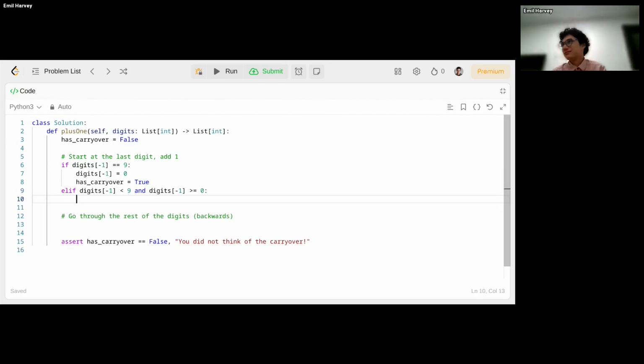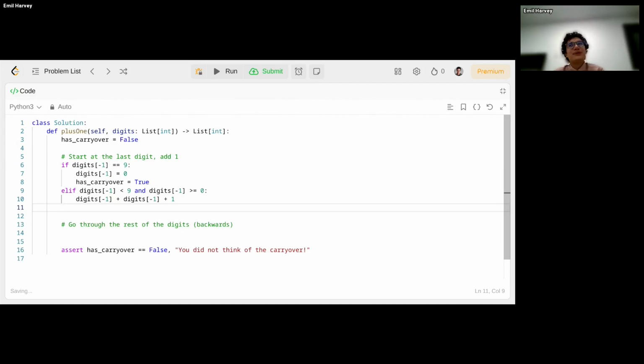But I'm just, again, moving from most specific to least specific. And in that case, we're safe, right? If it's less than 9, then we can add 1 to it and it won't become a 10 or anything. For some reason, Python does not have that ++ thing, which I do like. But cool, that's a bit more broad of a situation, but still good.